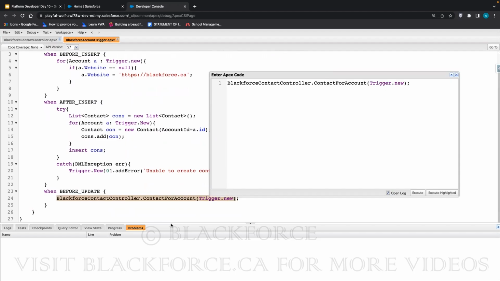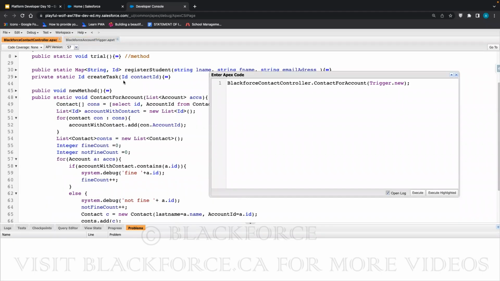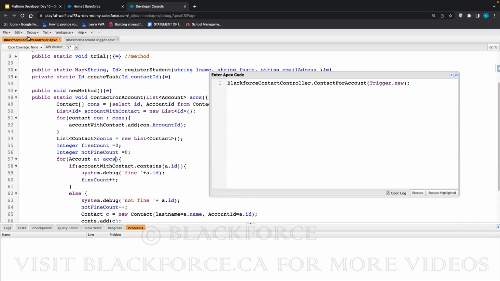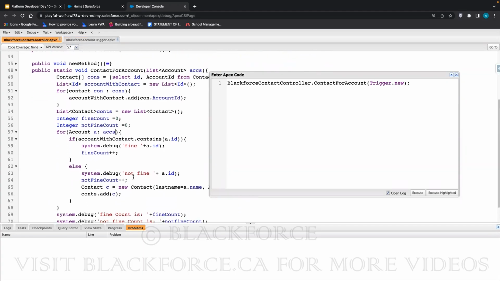It will only run when an account is updated. So that's the difference between having your code in a trigger and having it in a method and just calling the method. Then, as long as you know the data you will be using,